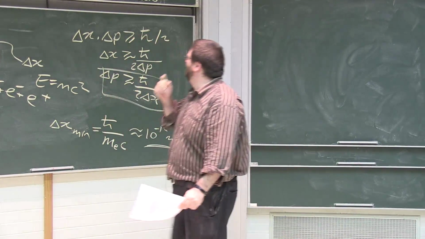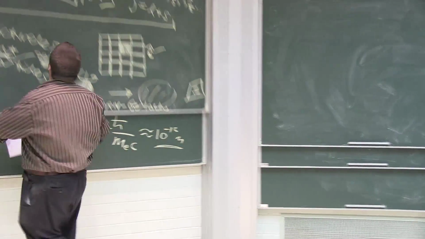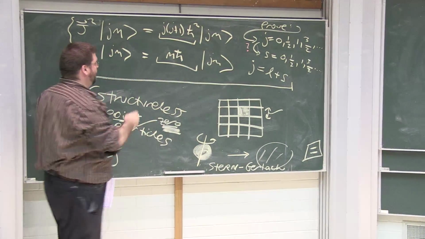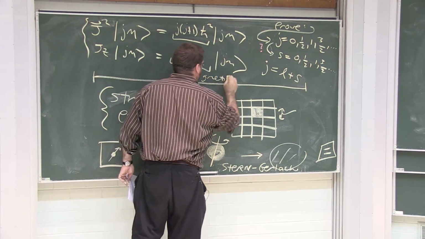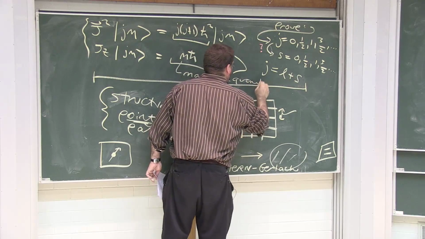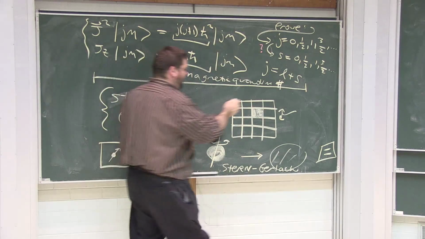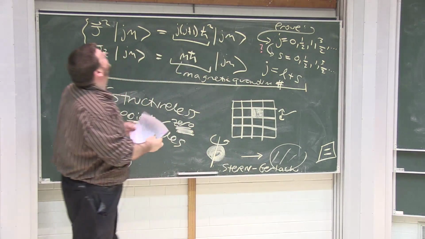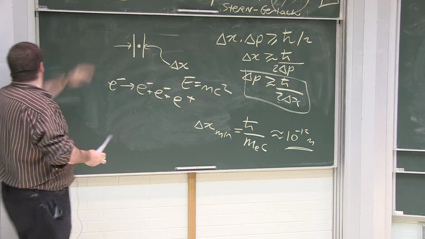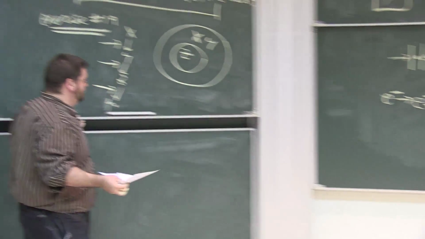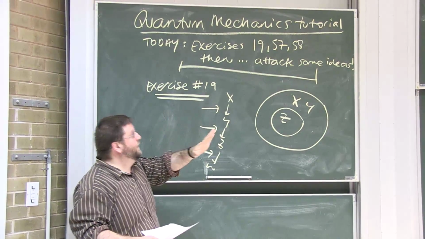In fact, let me ask one more question. I gave this a name. We called it the magnetic quantum number. The magnetic quantum number, I'll denote the word number by a hash. The magnetic quantum number in the general theory of angular momentum, and when you're considering the specific theory of angular momentum,